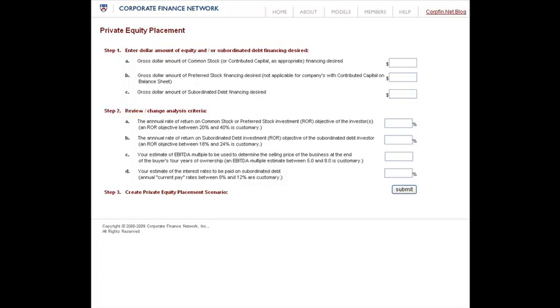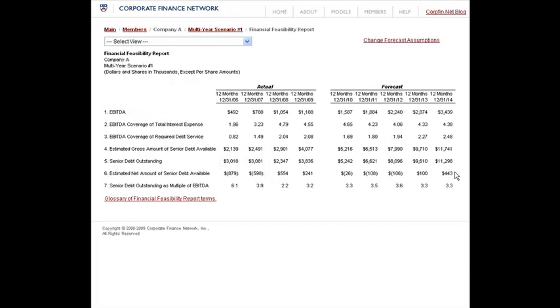One way to estimate that amount is to review the financial feasibility report generated by the business's multi-year forecast, particularly line 6, the estimated net amount of senior debt available. That line is the estimate of the company's reserve senior borrowing capacity at the forecast year ends, based on its operating plan. The line should always reflect positive numbers, plus a sizable cushion to accommodate seasonal fluctuations and operational shortfalls. The amount needed to accomplish this zero plus cushion status is a good beginning point in estimating the amount of